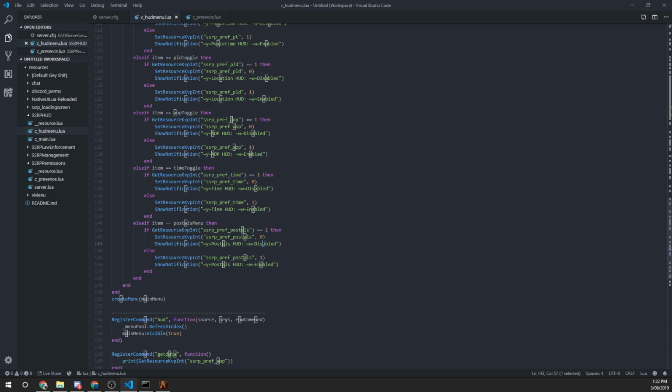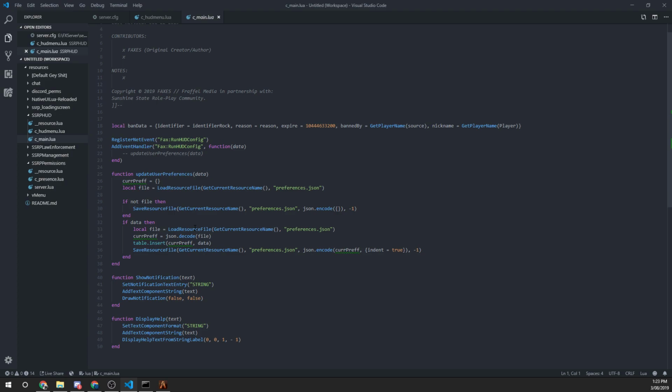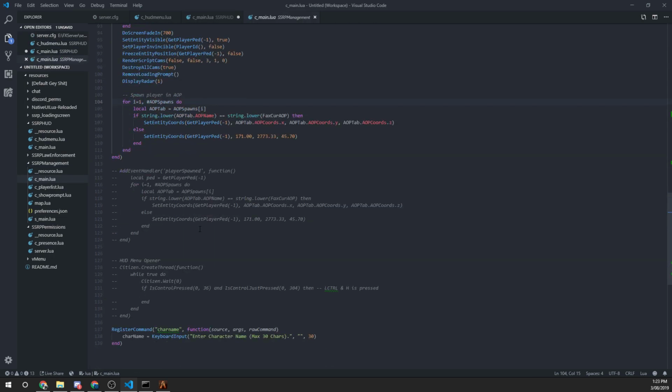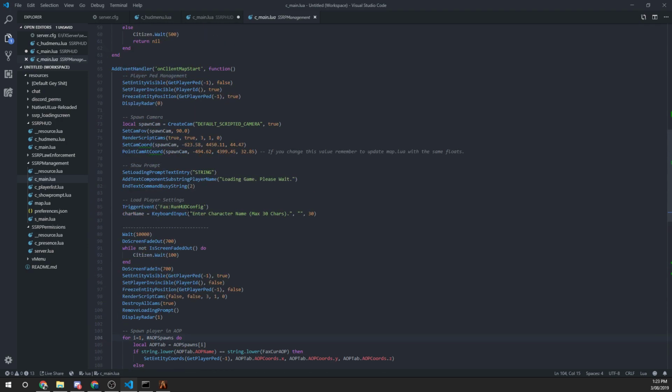But yeah, so we're gonna start drawing this, which I think I'm gonna put it all in the main for now. This is old. This is when I was gonna do it server side, and then I was like, nah, we don't need that. Yeah. But this is an event we do have to use, I think. Well, not have to, but you know what I mean. It is a used event in the management resource, I think. Run HUD. Hello? I swear it was in here somewhere. Oh, there it is, yeah. Alright, so